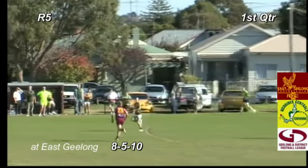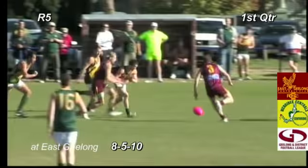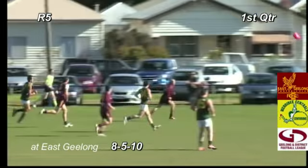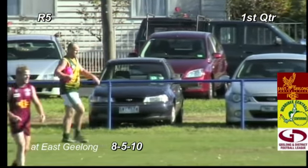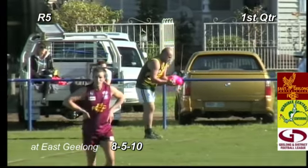Stevenson, long kick out from full-back, goes looking for Cameron. Underneath is Shembry, misses the first one, went back and collected it. Good quick hands, doesn't get to the target, but Johns is there again, picks the ball up, goes in the left foot short. Rosenweek by himself in the pocket, in plenty of space. I'm not too sure who's manned up on him, but Robbie Cuttajar is standing the mark. I don't know whether that's a good matchup. But Craig Rosenweek